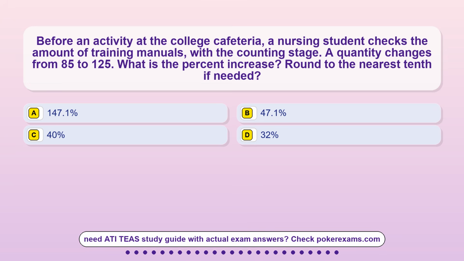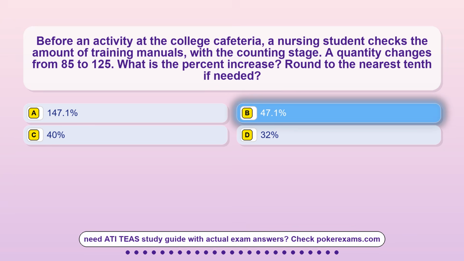Before an activity at the college cafeteria, a nursing student checks the amount of training manuals, with the counting stage. A quantity changes from 85 to 125. What is the percent increase? Round to the nearest tenth if needed. Option A, 147.1%. Option B, 47.1%. Option C, 40%. Option D, 32%. The correct answer is option B,